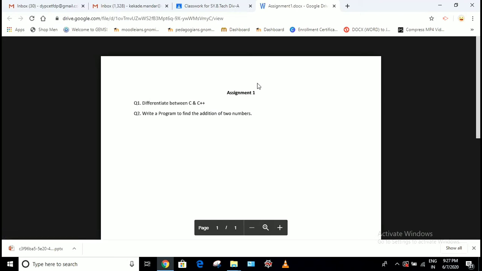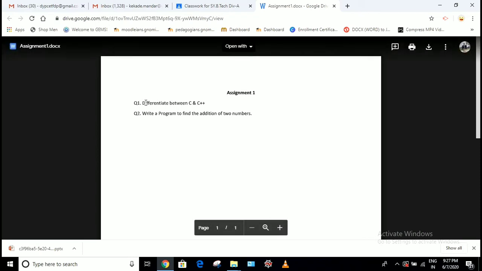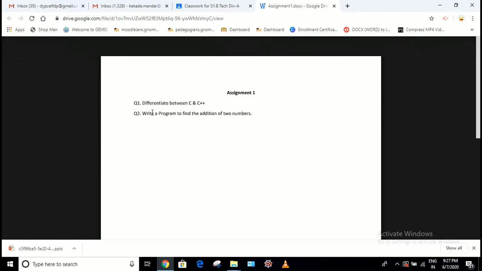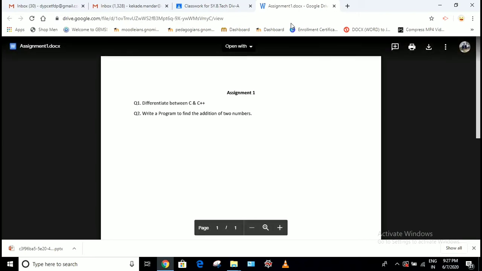This assignment can be theoretical or programming-based depending upon the subject. There are two questions in my first assignment. The first question is to differentiate between C and C++, and the second question is to write a program. In this way you can ask the students to submit the assignment.